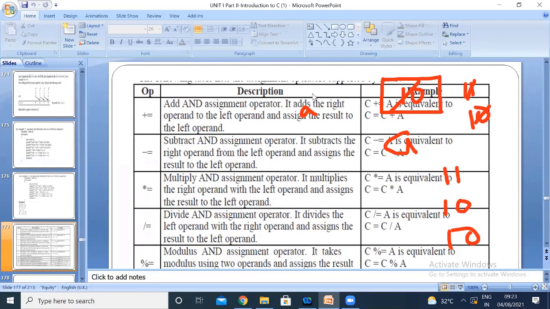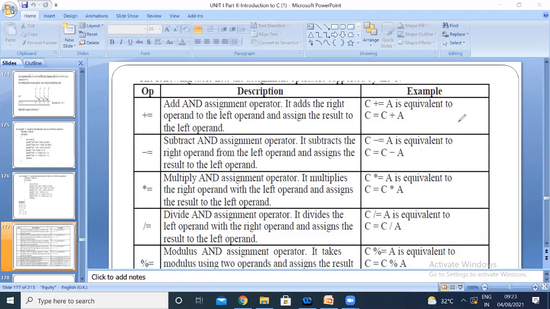Now the next thing is shorthand notations we are having. Let us see what this shorthand notation means. So for example, I want to write a statement A is equal to A plus 10. Instead of writing this, A is equal to A plus 10, simply I can write A plus is equal to 10.